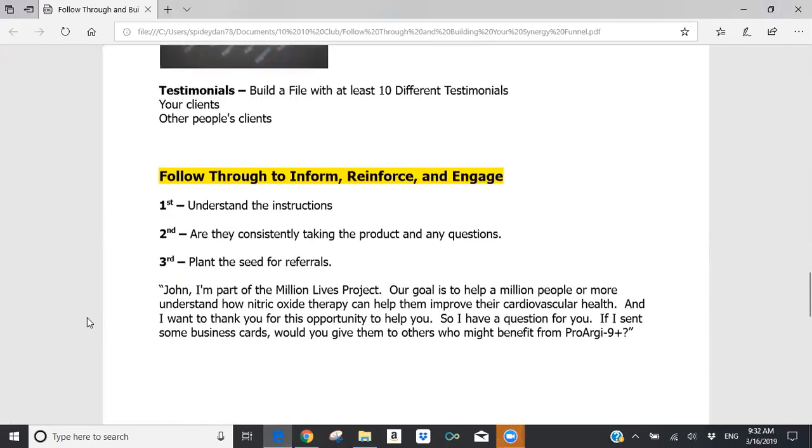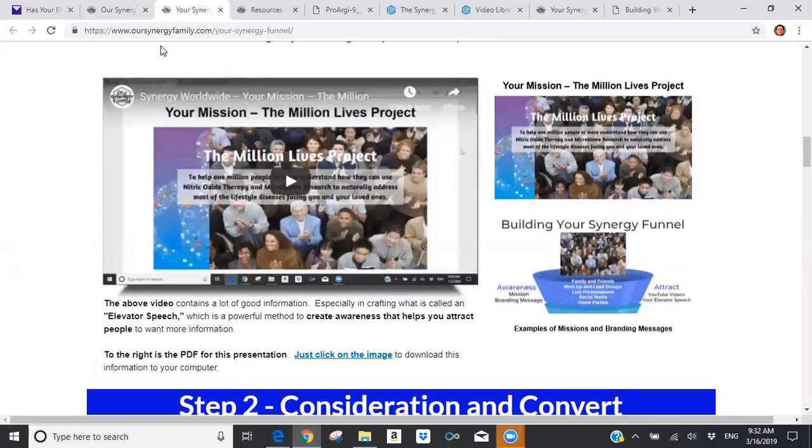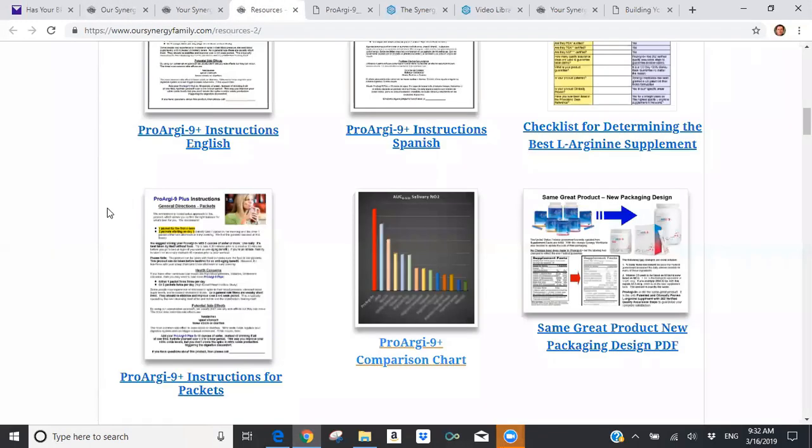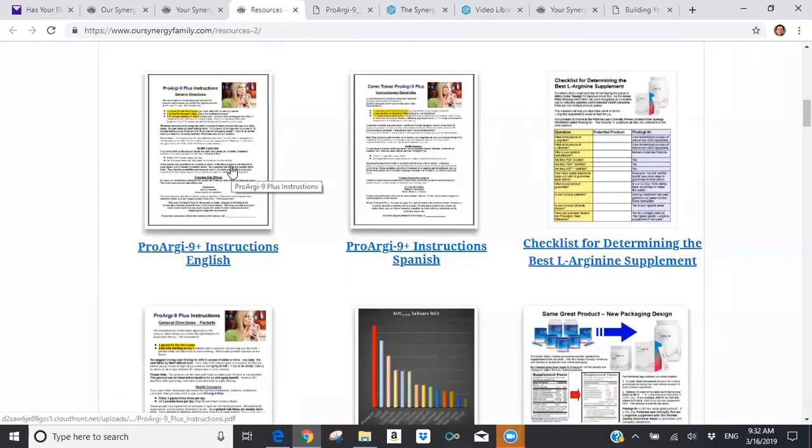So once I've got a person on Progyne Plus, I want to make a call to that individual and make sure that they understand the instructions. Well, what instructions are you talking about, Dan? Well, again, going back to our Synergy family resource page, here's the instructions in English, here's the instructions in Spanish,